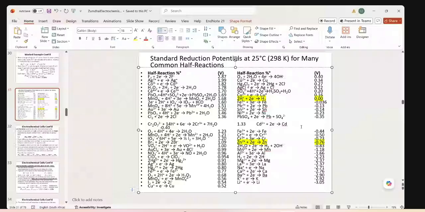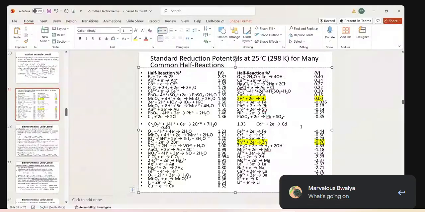Okay, so we add the reduction potentials, right? We are going to add the reduction potential for zinc. So our cell potential for this cell will be equal to negative 0.76, plus 0.00, right? So this will give us negative 0.76. When we go back to our cell,